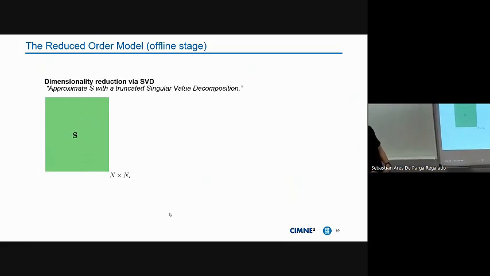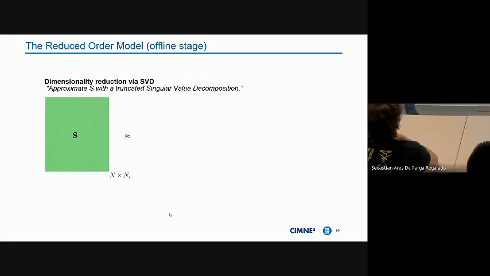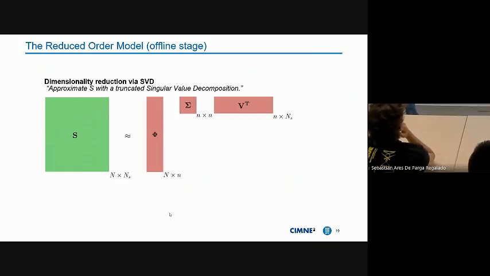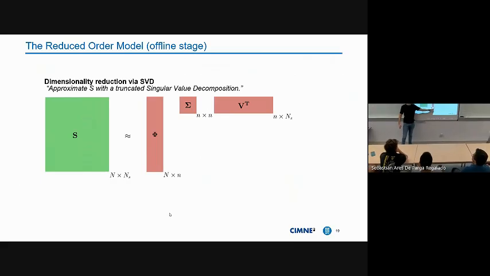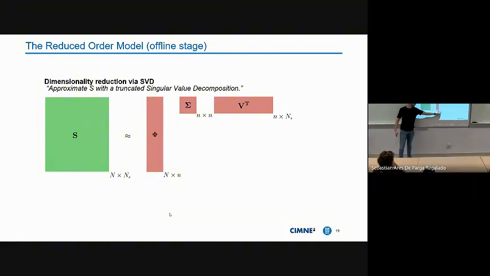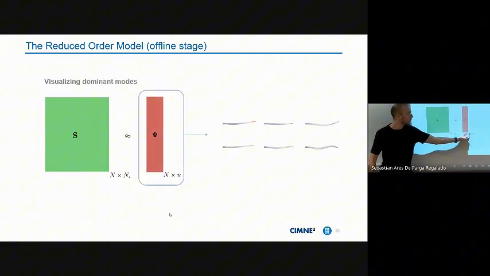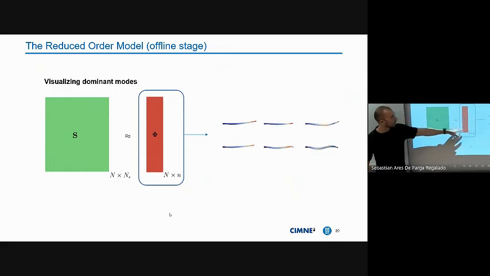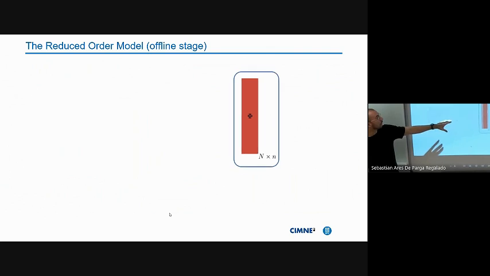try to approximate this snapshot by means of only a few modes, and this is done by the truncated singular value decomposition, where you will gather these left singular vectors, you will gather the first n modes. These n modes will be nothing but some spatial modes. Here I am plotting the first 6 modes of the wind case, and if we keep in mind this operator